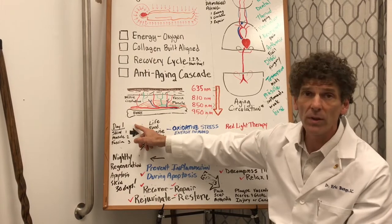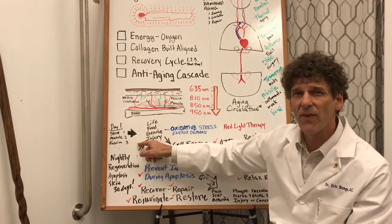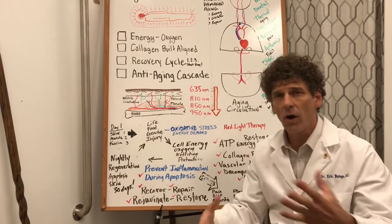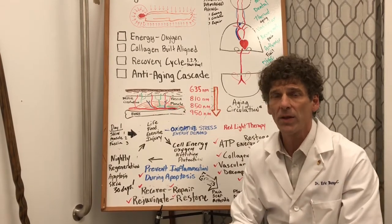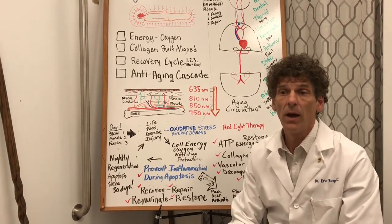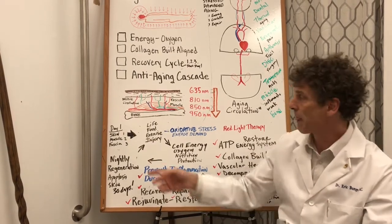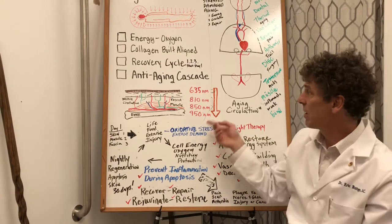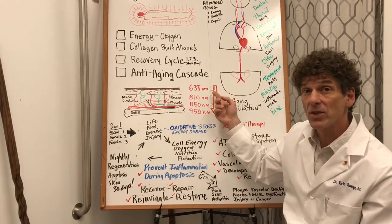So skin 1 month, muscles 2 months, and all that fascia and all this stuff, we know generally when we're treating injuries, if we have 12 weeks of therapy, we see a lot of the injury recovery happened with good progress. So red light therapy is our solution. But the thing is, we need to have not just this red